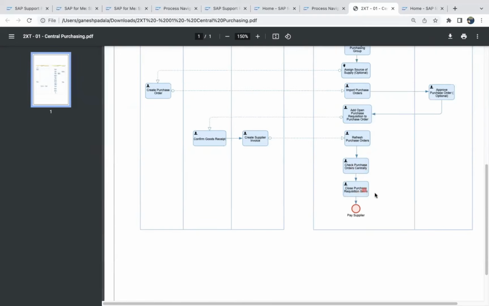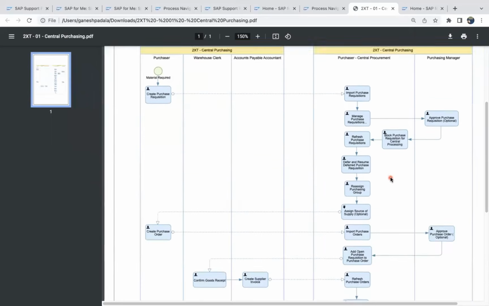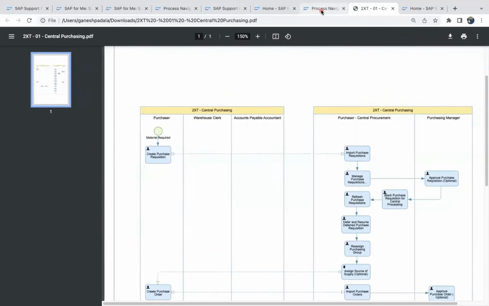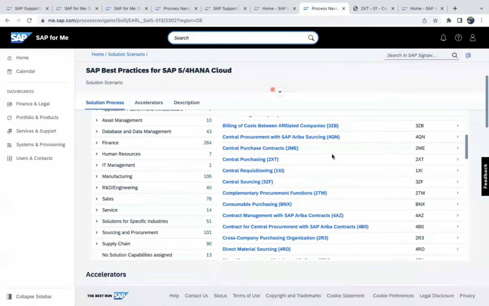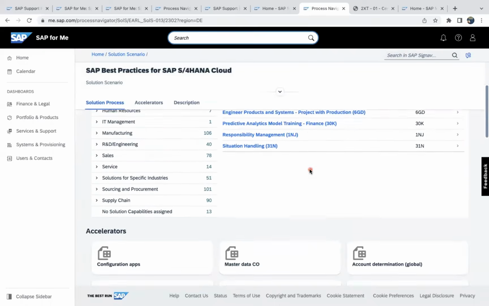Once everything is completed, close purchase requisition items. Then it will be automatically closed. The close indicator will be updated once you convert the complete PR to PO. Then you pay the supplier. So these are the different kinds of processes you can get. For example, central purchasing